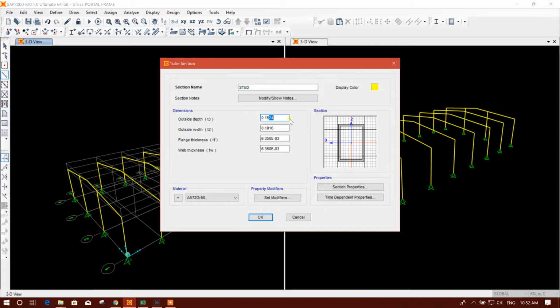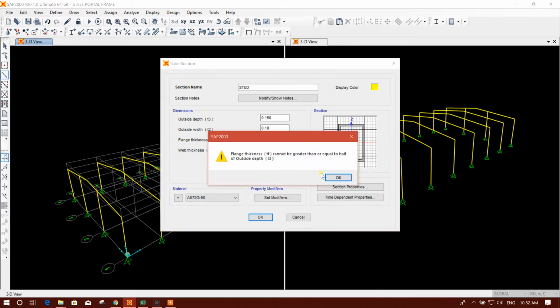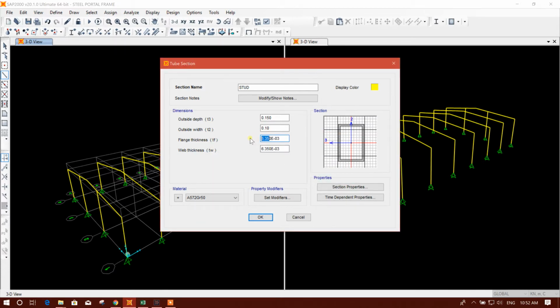Stud, and this 150 by 100, and this one will be 5, and this one 5. I'll use 5, and this one get 36. For stud I can use a 36 KSI grade. Okay,